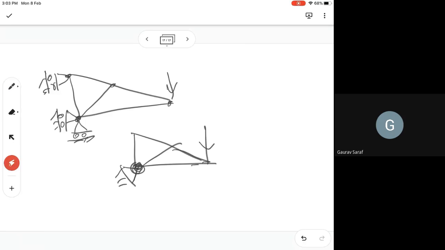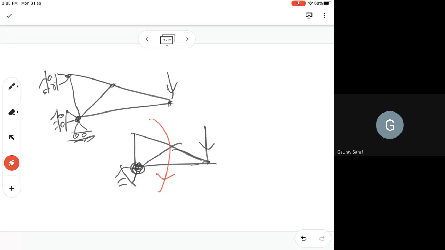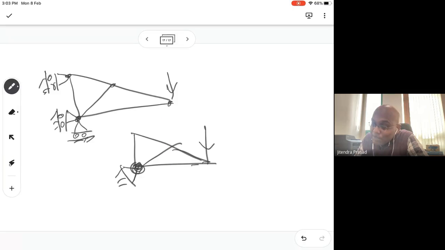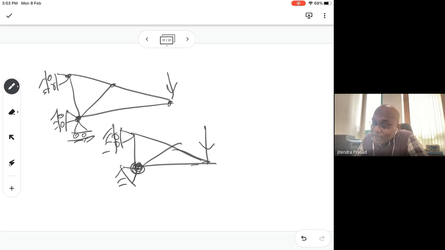Yeah. Then we need to fix it. In truss, you have hinge only. Yes, sir. This will rotate. Then what will you do? You need to have one more thing. Yeah. Here, right? So what you have to give in this case?